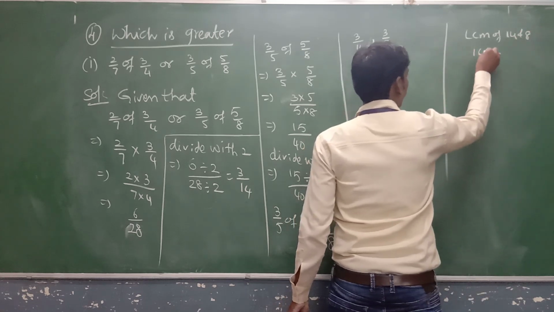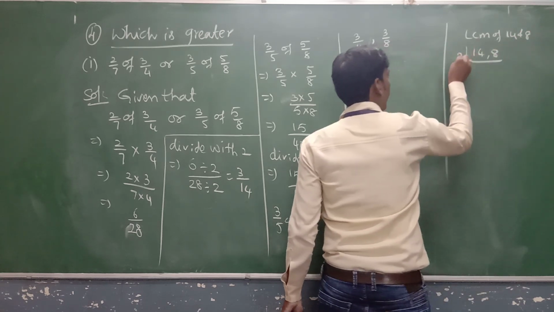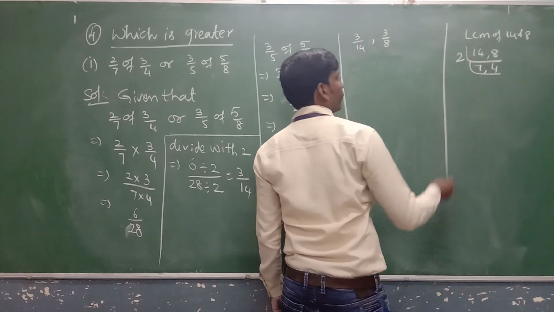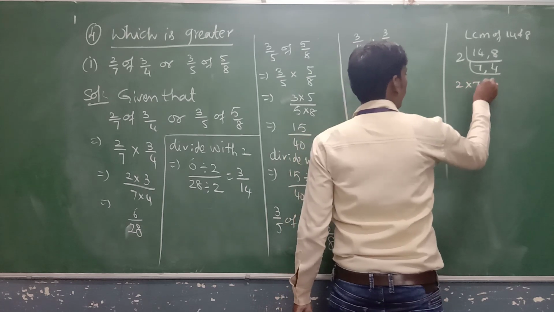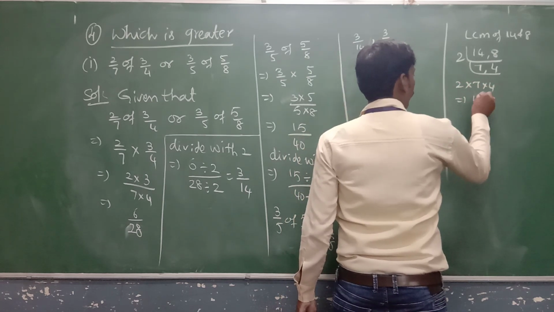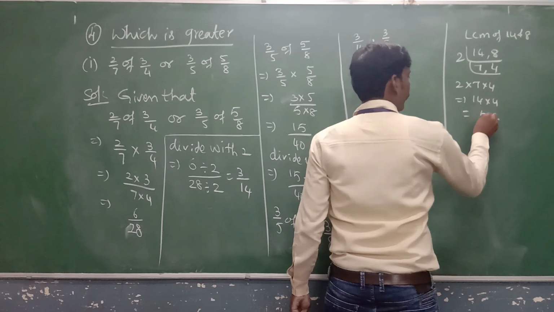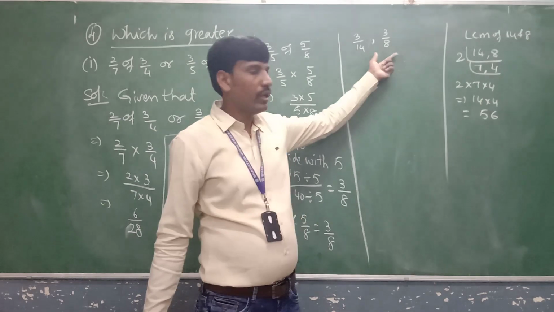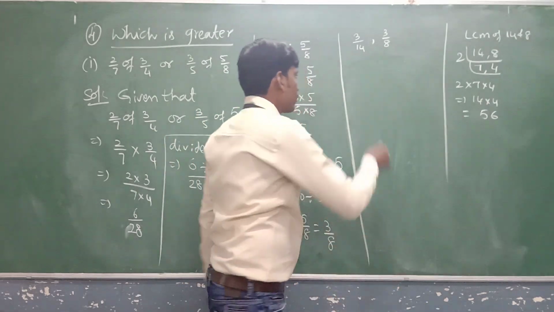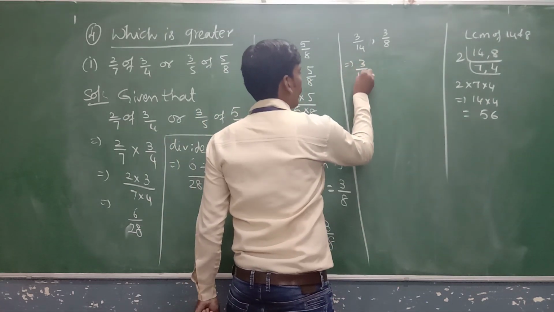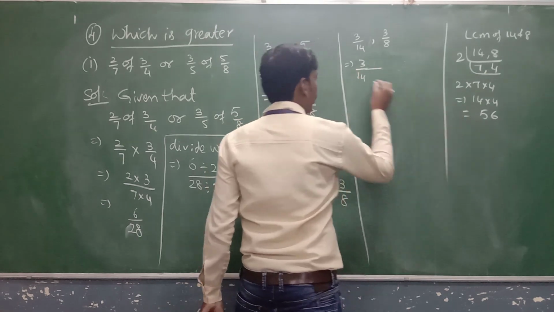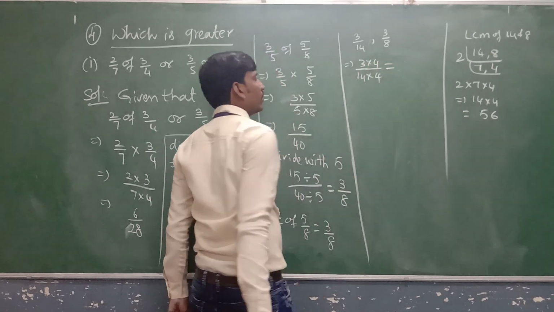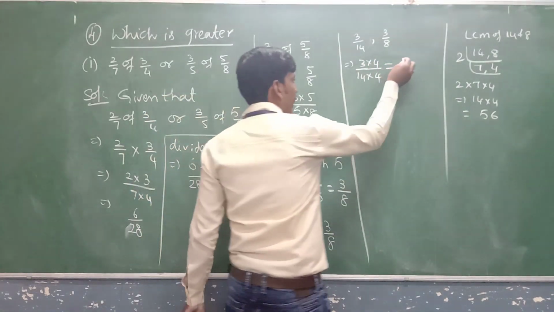So to take the LCM of 14 and 8, see, by taking two tables, 2 7s are 14, 2 4s are 8. So there is no other number 2. So therefore 2 into 7 into 4, which is equal to 14 into 4, nothing but 56. 14 4s are 56. So these two fractions convert into denominator as 56. So now 3/14, to get 56 in the denominator, should multiply with 4 in the denominator. So same you will multiply with the numerator. So 3 4s are 12 by 56.